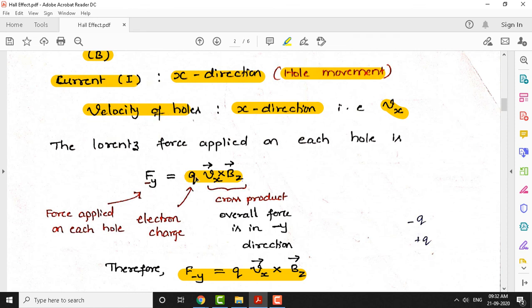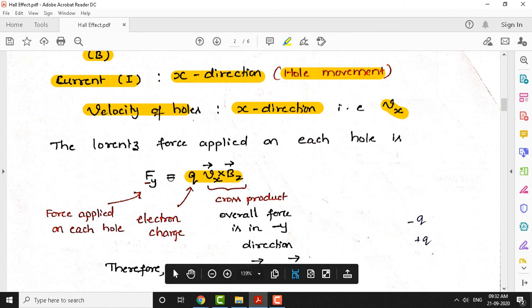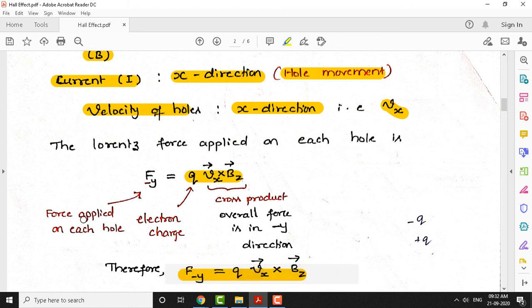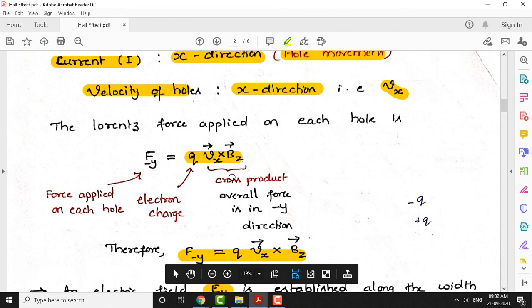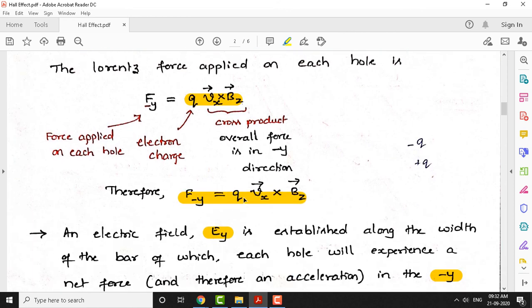and that equation is given by q times Vx into Bz. The force on holes that are deflected towards the minus y direction is equal to q times Vx, in vector notation, a cross product. So overall the force is going to be in the minus y direction. Therefore F minus y, the force in the negative y direction, which is applied on each hole, is q times Vx into Bz. Okay, so therefore F minus y, if you rewrite this equation with vector notation,